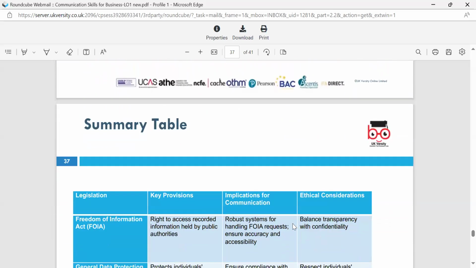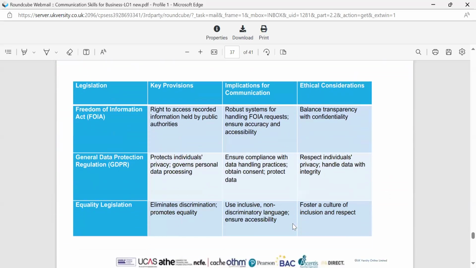So there's a summary table here in regards to the legislation, the key provisions, implications for communication and ethical considerations, which we've gone through a little bit. So we've looked at the Freedom of Information Act,